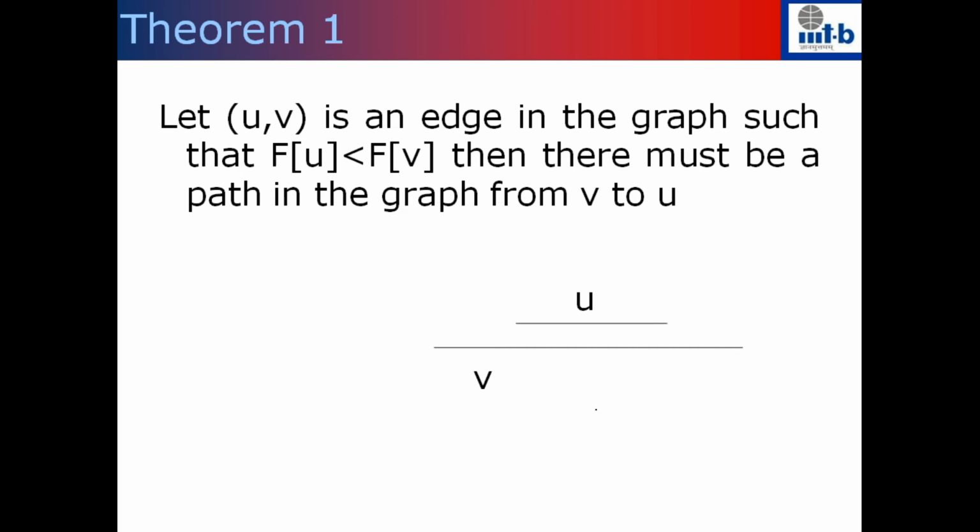In other words, in the actual graph there is a path from v to u. So let me repeat. We take a graph, apply DFS on it, compute the finish times of all the vertices, and then we come across an edge u comma v such that the finish time of v is greater than the finish time of u. In this case, we just proved that the interval corresponding to u should be sitting inside the interval corresponding to v. In other words, v is an ancestor of u in the DFS tree. That means if you follow the pi function from u, you should be able to reach the vertex v. In other words, in the actual graph there is a path from the vertex v to u.